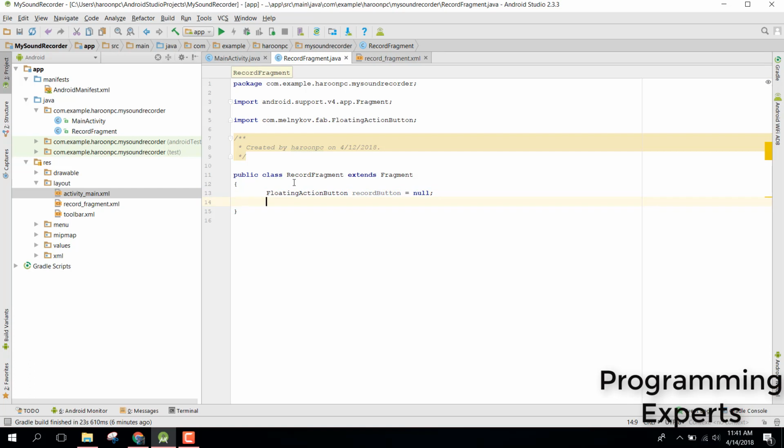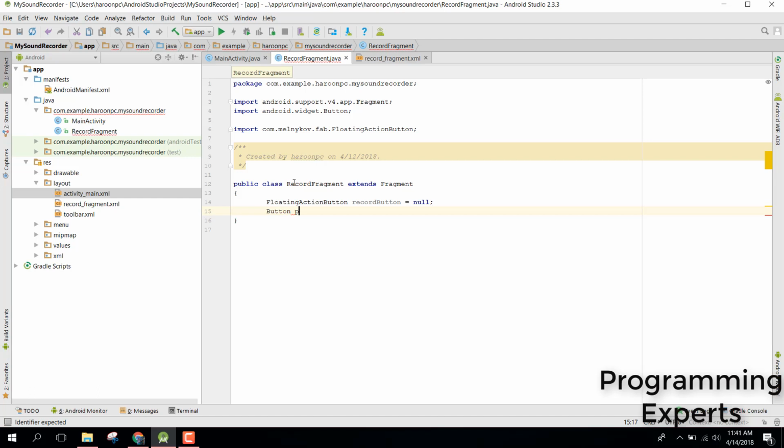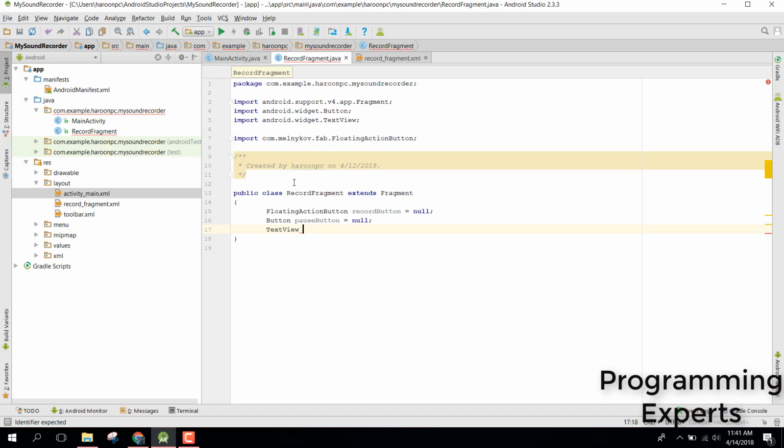Alright, and also we need button pause button equals to null. Then we also need a text view, recording prompt equals to null, and then we need int prompt count equals to 0,